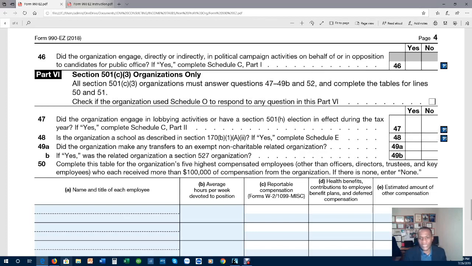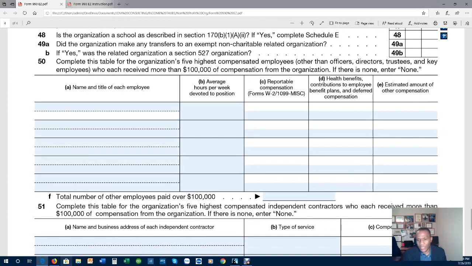If yes, was the related organization a Section 527 organization? Yes or no. Complete this table for the organization's five highest compensated employees. So you will check your books, your payroll information, your payroll accounting system, because you have to complete this table